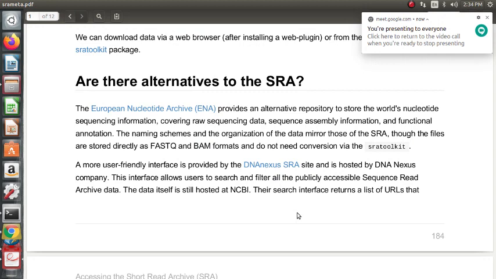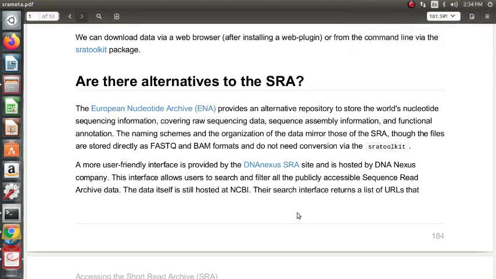Please read. Are there alternatives to the Sequence Read Archive? The European Nucleotide Archive provides an alternative repository to store the world's nucleotide sequencing information, covering raw sequencing data, sequence assembly information, and functional annotation. The naming schemes and organization of data mirror those of the SRA, though the files are stored directly as FASTQ and BAM and do not require conversion via the SRA toolkit.